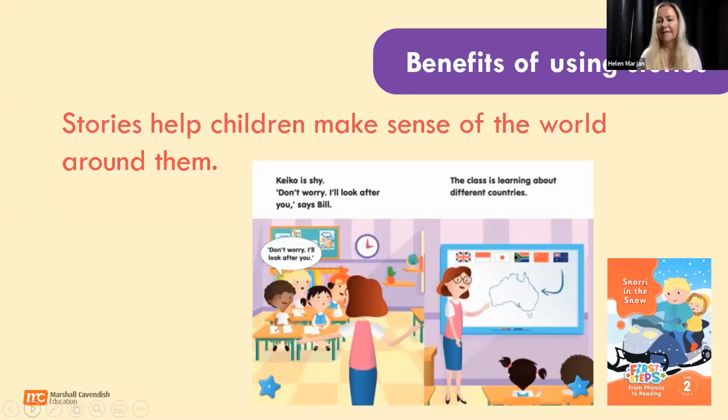And stories in this way can really help children to feel more calm and settled and more confident about facing new situations and understanding the world around them, because young kids have a lot of new experiences every day to cope with. So I think that's quite an important value of stories as well, another benefit.